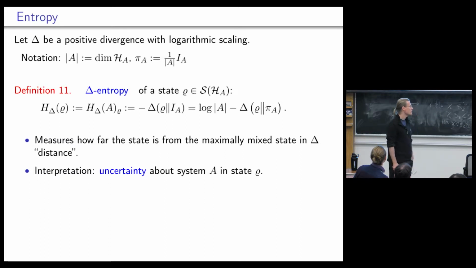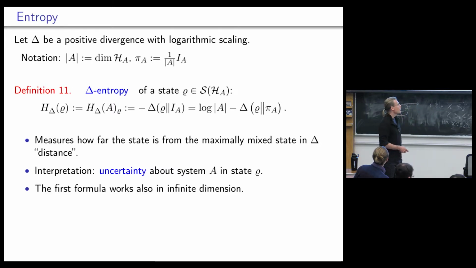And the interpretation of this quantity is the uncertainty about the system A in state rho. So if it is very close to the maximally mixed, then the uncertainty is very large. If it's very far away from it, then the uncertainty is small. So this is where this distance picture enters the interpretation. And one slight advantage of this first formula is that it also works in infinite dimension. Okay, so if you're in infinite dimension, then defining the maximally mixed state and putting this logarithm here might be